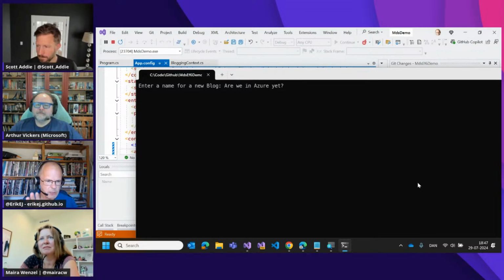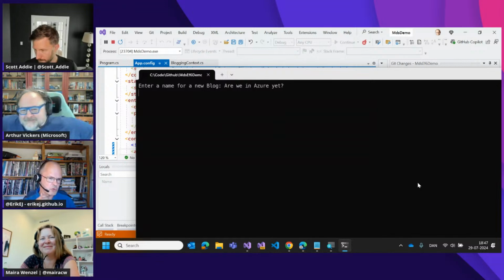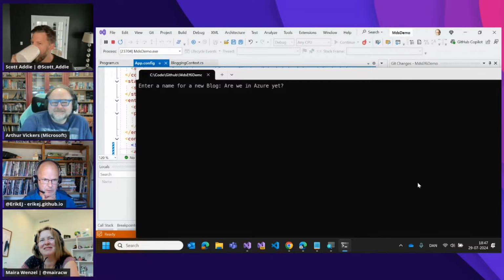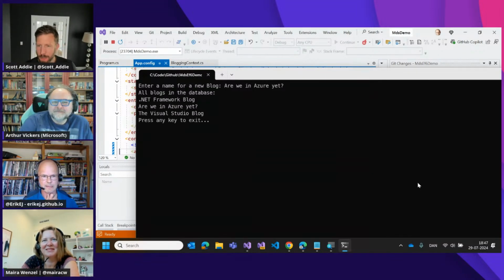So I'm running on the cheapest possible and most resource constrained Azure SQL database. The machine I'm presenting on is not located in the data center. It's actually located here in my little office in Denmark.